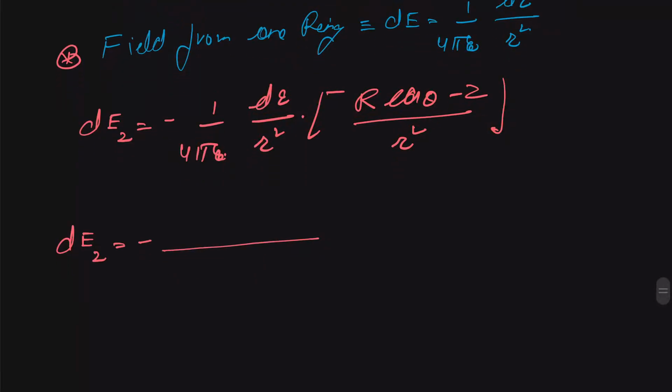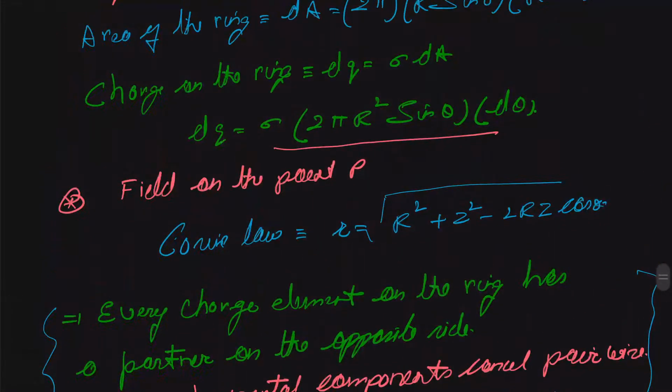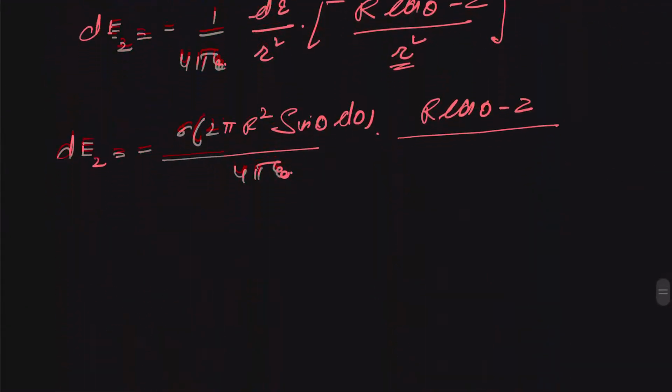So we get sigma 2 pi r square sine theta d theta, and the rest is the same, 4 pi epsilon naught, and this gives us r cos theta minus z. And r we already calculated according to our cosine law. So this will be r square plus z square,